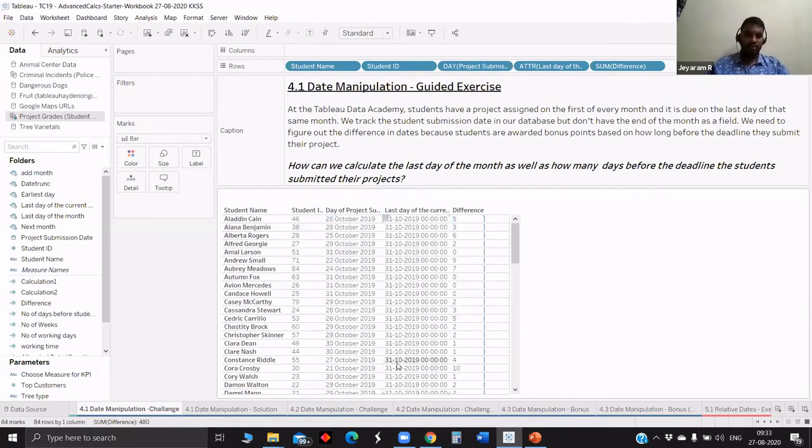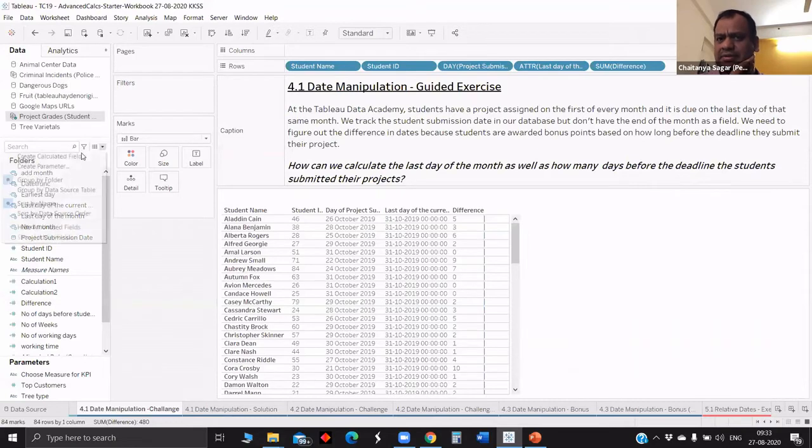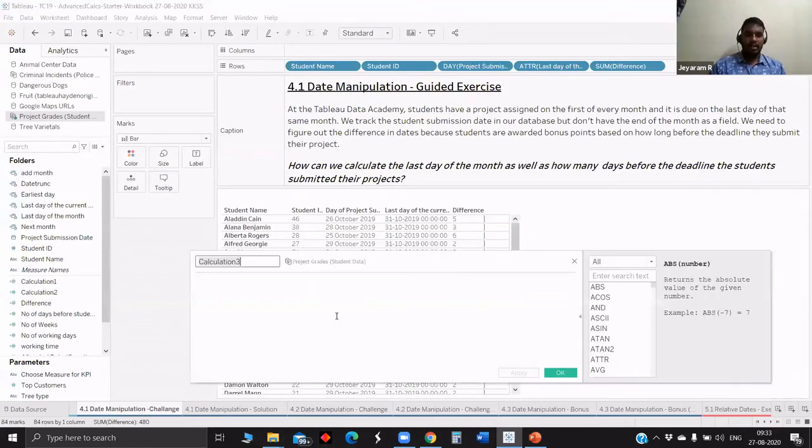Any doubts, or shall we move on to the next question? Okay. One quick question, Jairam. When you do just a simple difference, which is last day of the current month minus the project submission date, what will be the output, or will it say incorrect formula? Will it give an error? No, what it says is that it cannot subtract to date function.